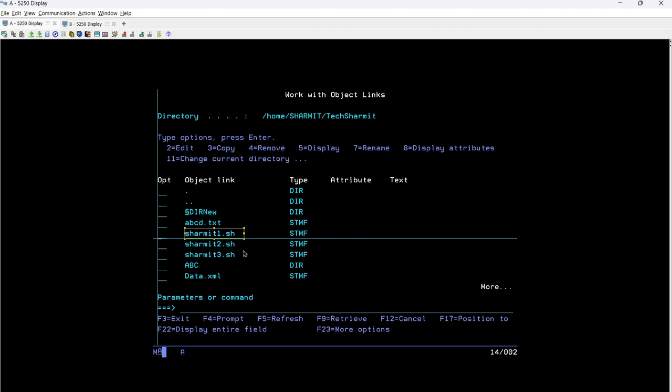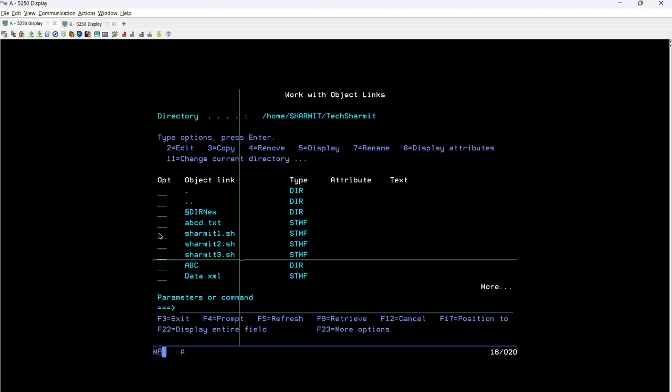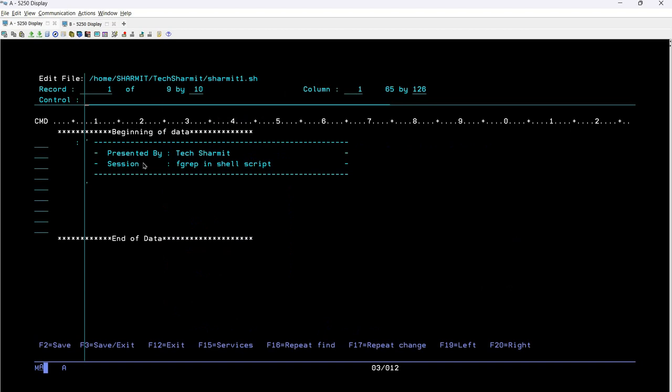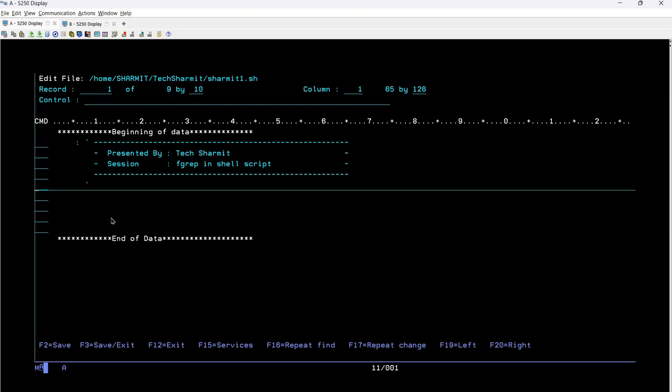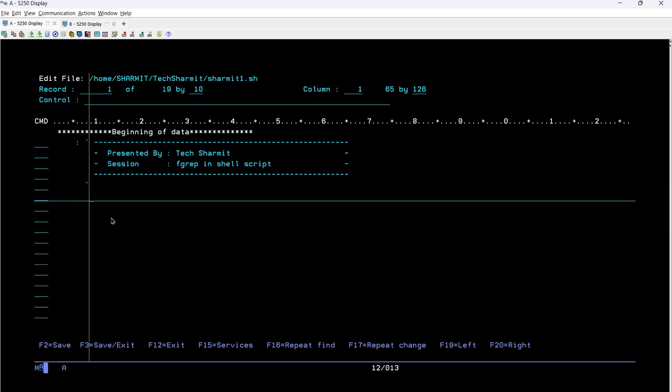Now we will simply write here. We will take option 2, and after taking 2 you can see we have written the multi-line comment here, where the presenter name is Qshell and the session topic name is fgrep and shell script. Now we will write a script here. To write the script, you can simply write echo and then: searching pattern in a file using fgrep